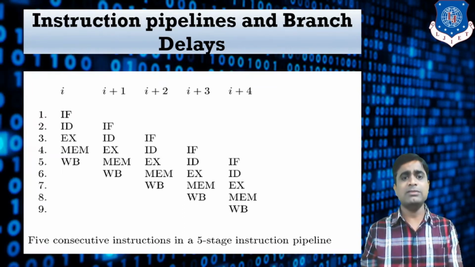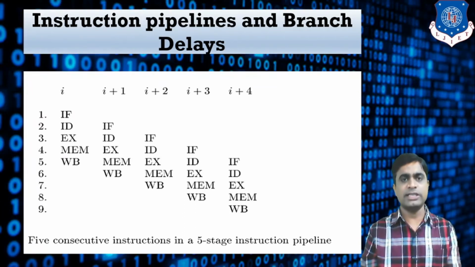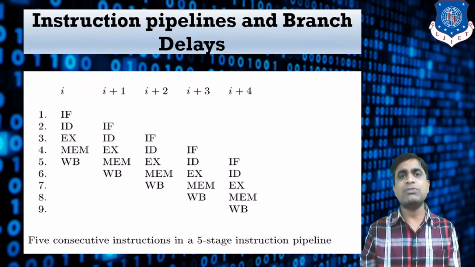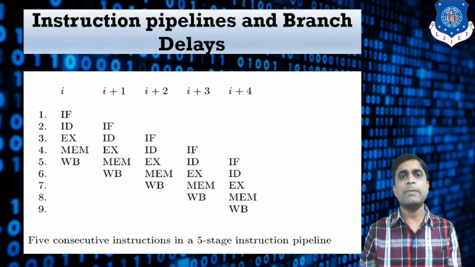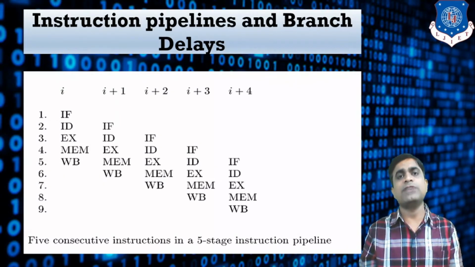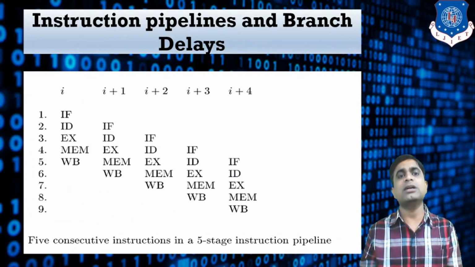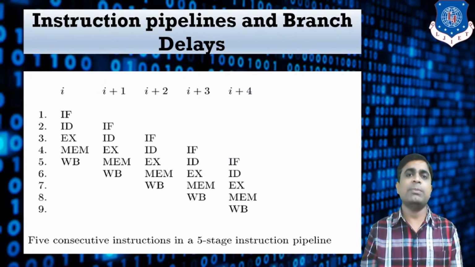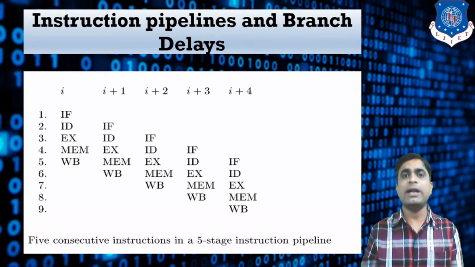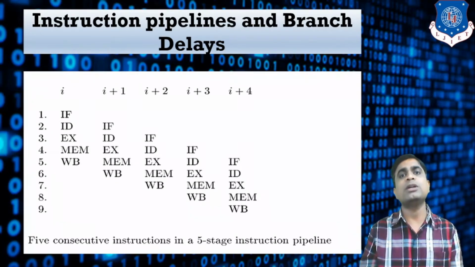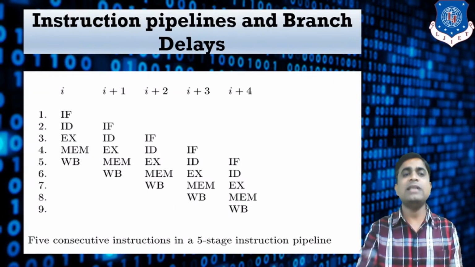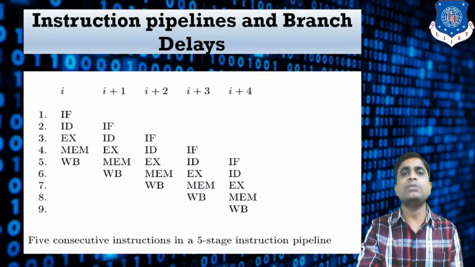But I have given an example with five instructions of five stages, so here the parallelism is there. First the instruction is fetched, and after the decoding phase the next instruction is fetched. Similarly, at the next decode phase, the third one is fetched. All this activity is done, as you can see, in 9 steps. If each instruction were executed independently, 5 times 5, a total of 25 stages would be required. But by using pipelining, only 9 stages are required. That is the advantage of pipelining.